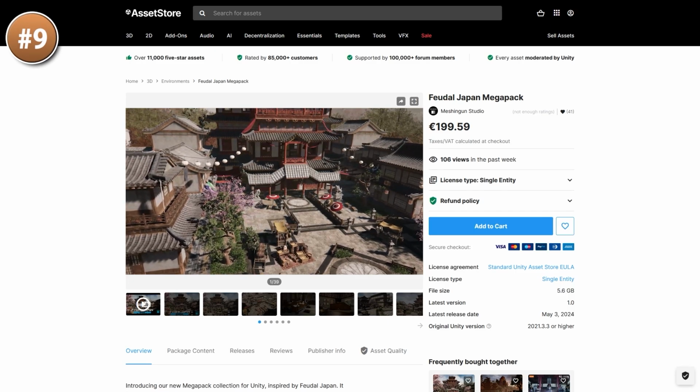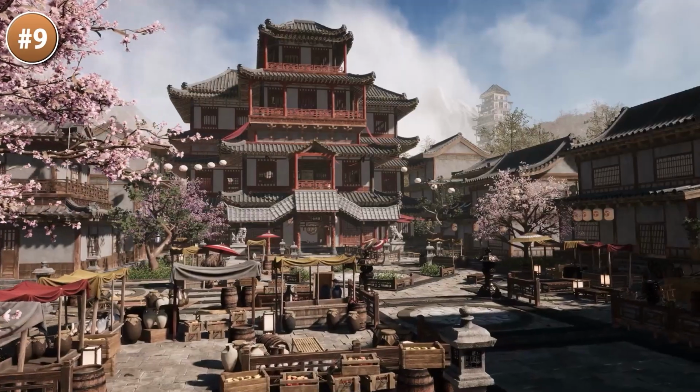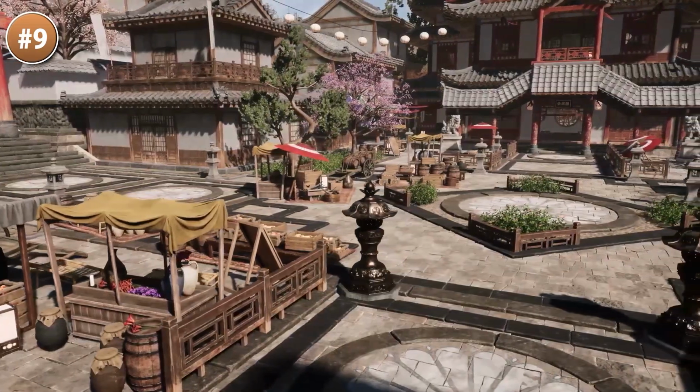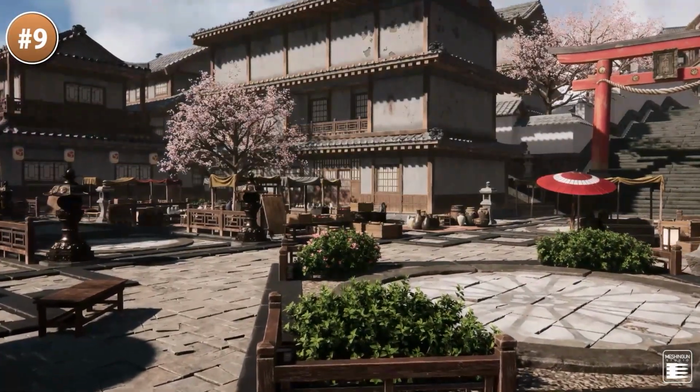Or if your game is more in feudal Japan, then here's a great environment pack. These got some excellent looking, very realistic assets. Like seriously, these could be taken straight from the game Ghost of Tsushima. It features 400 high quality assets, including some modular pieces, so you could use them to build your own custom